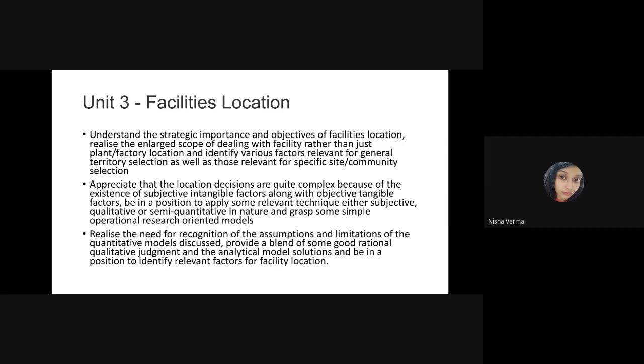Whenever a plant location decision arises, it deserves careful attention. And because of the long-term consequences, any mistake in selection of proper location could prove to be costly. Poor location could be a constant source of a higher cost, higher investment. Let me simplify it for you. Suppose